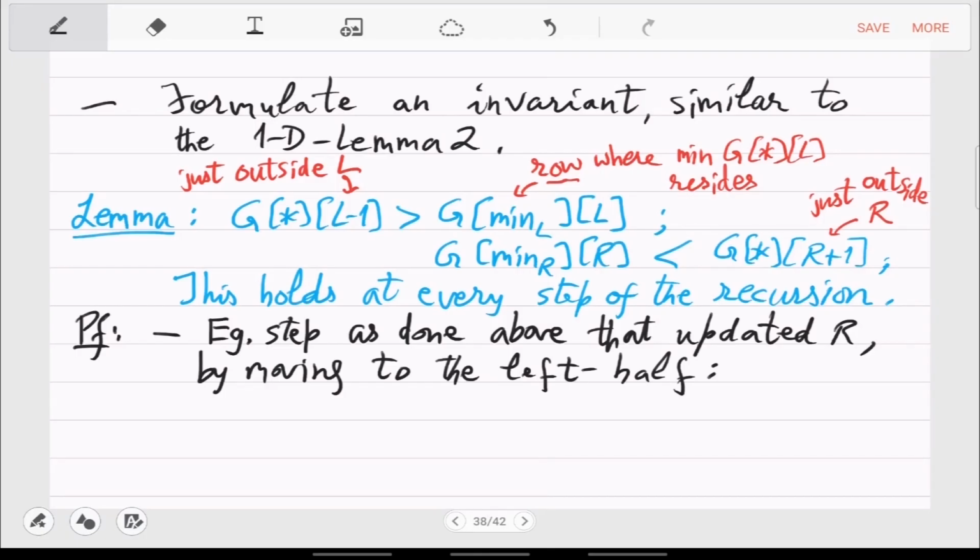Okay, so just in that setting, you only have to understand this one setting because the other one is symmetric. That will not require any new idea. So just focus on the step which was there on the previous slide, which moved to the left half by updating R.